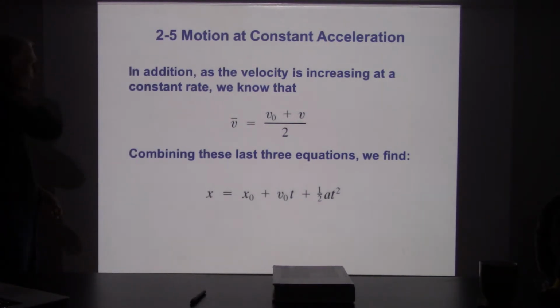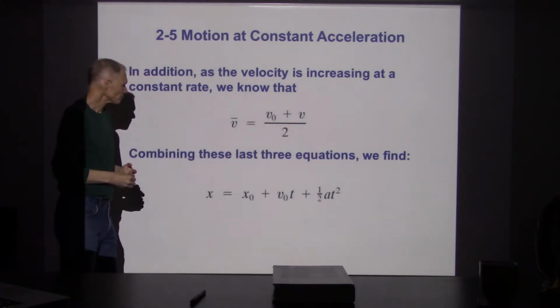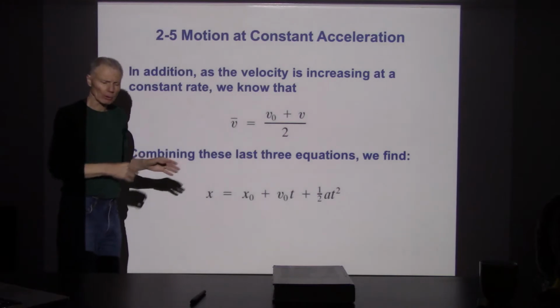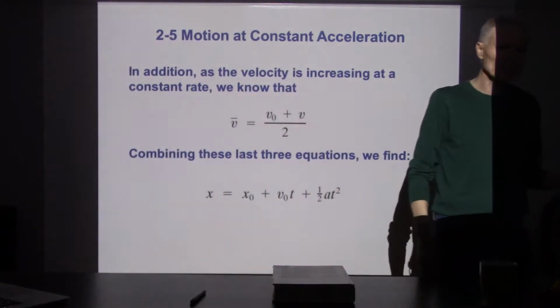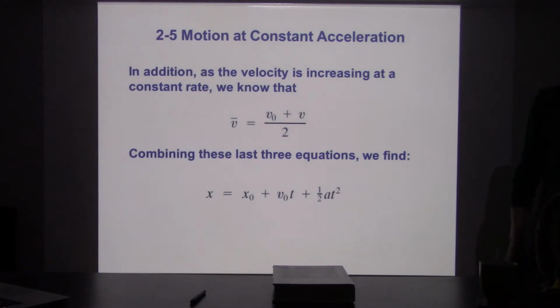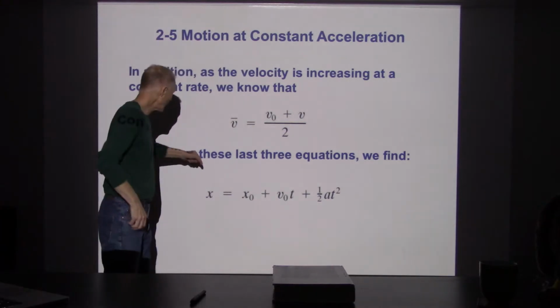So when we combine all these formulas together, we end up with a very useful formula that gives us the position of an object as a function of time, and that formula is x